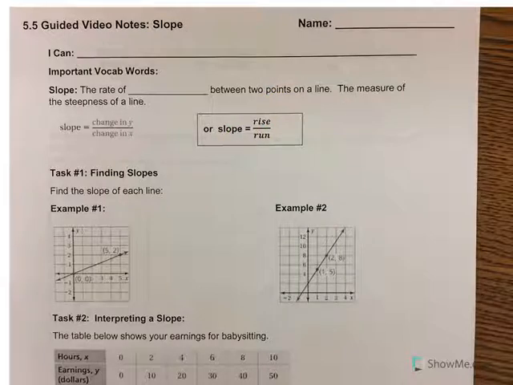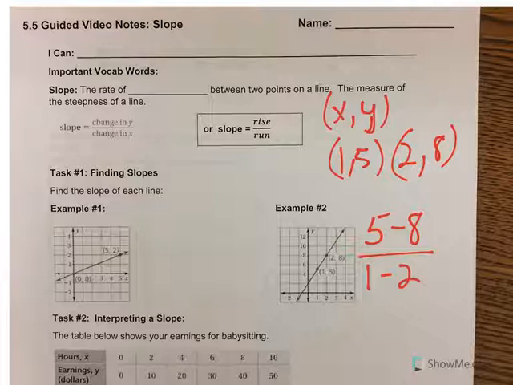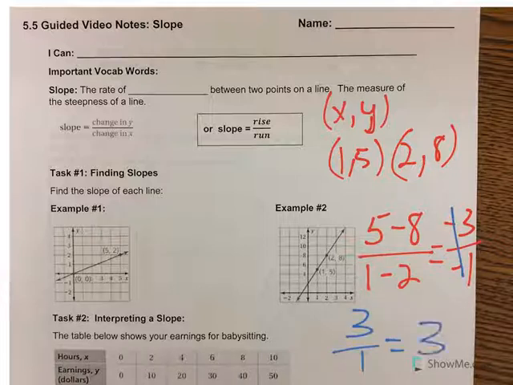So if you think you got it, give example number 2 a try. Hit pause. Give number 2 a try. See if you can get it correct. So again, ordered pairs are always x, y: 1, 5, and 2, 8. Again, it does not matter which order you subtract them as long as you're consistent. So the y's, though, must be on top. So if I do 5 minus 8, then on the bottom I have to have 1 minus 2. I do that subtraction, and I would get negative 3 over negative 1. And like we just talked about, the negatives would cancel each other, leaving me with 3 over 1, or 3,